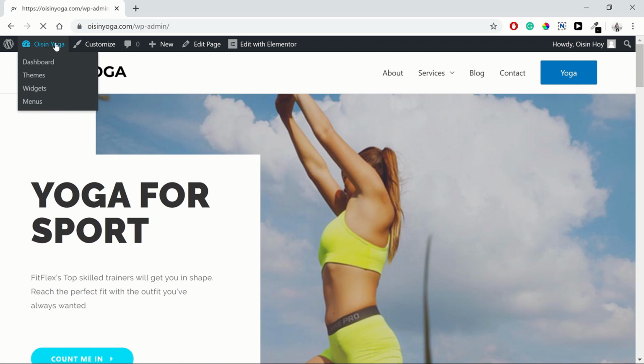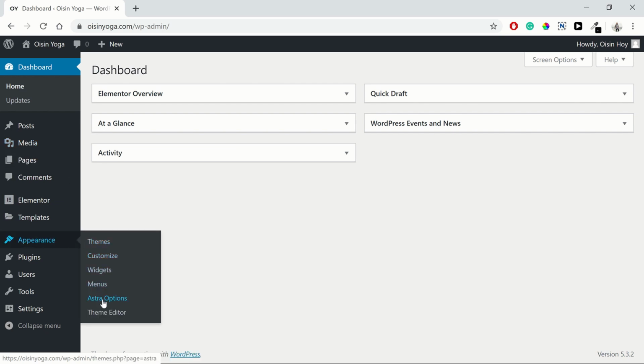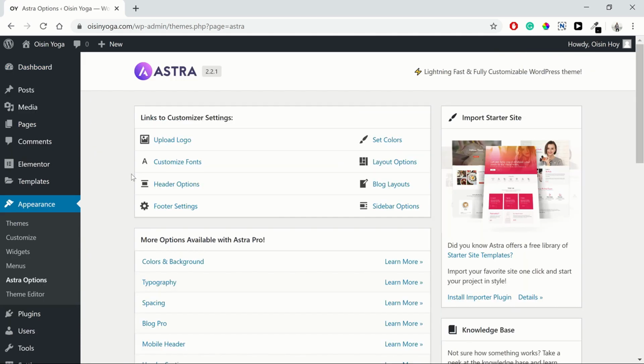we go back to our dashboard and we go down to Appearance, down here, and go down to Astra options. So because we have the Astra theme installed, we can go to this Astra options page, and over here on the right hand side you can see they have a starter site. So we want to install the importer plugin,